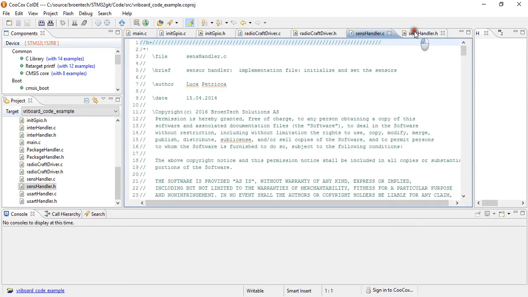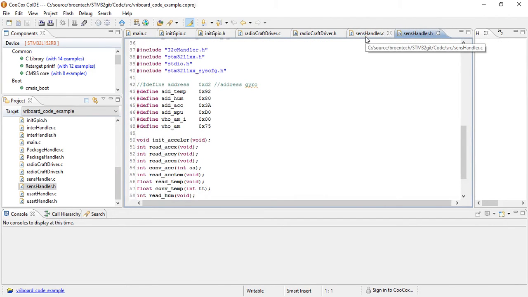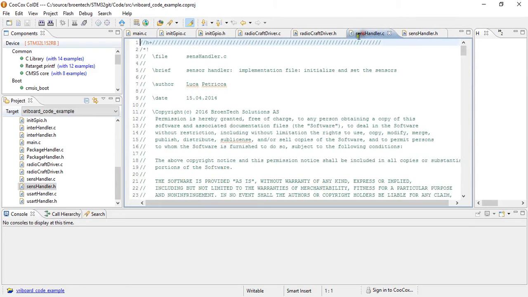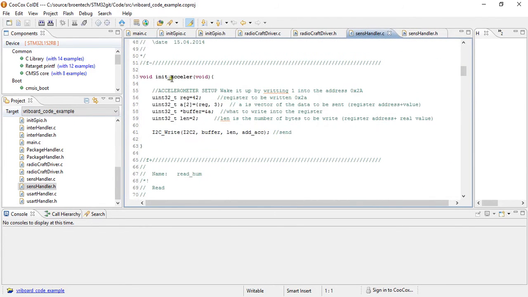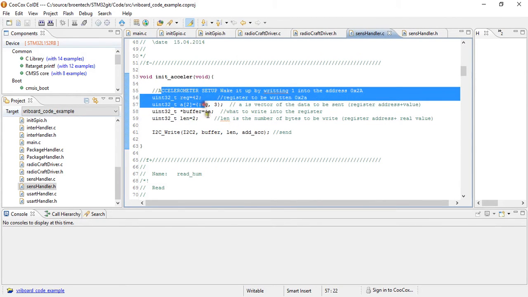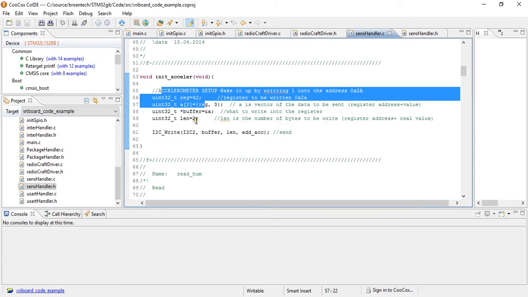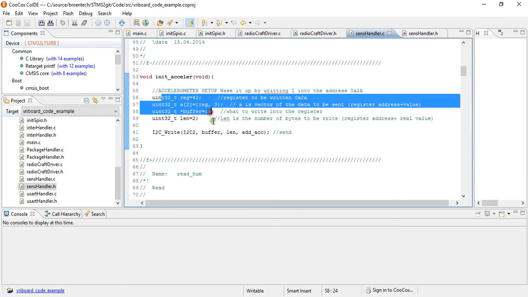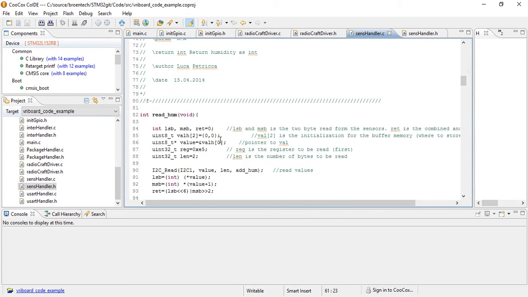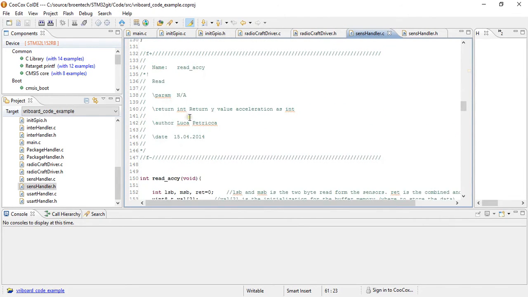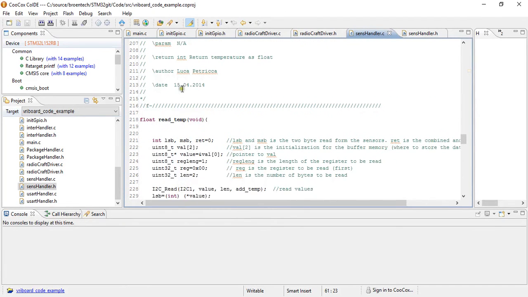Of course the best would be to have a library for each sensor. But since this was just a testing environment, we were just adding our code here and modifying it based on the different sensors. So I advise that, based on your sensor requirements, you implement some functions here. These are some examples of how to read the accelerometer. For example, we had an accelerometer, I don't remember exactly which one it was, but this was the code for reading the registers and so on. We had the humidity sensor, and among these, the temperature sensors, the onboard